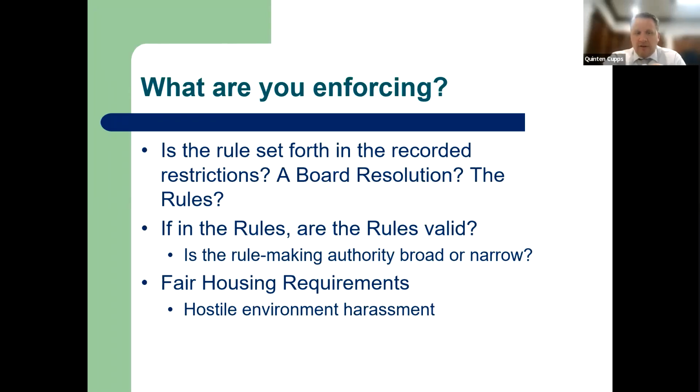There's one addition to the fair housing laws that came up, I think it's been 5 or 6 years now: hostile environment harassment. This is an additional protection that the Housing and Urban Development Department created. Essentially, if the association is aware of a hostile environment taking place in your community, for example one homeowner harassing another homeowner who falls within some sort of protected class, like race, gender, national origin, familial status (they have children), or disability, which are the main ones.